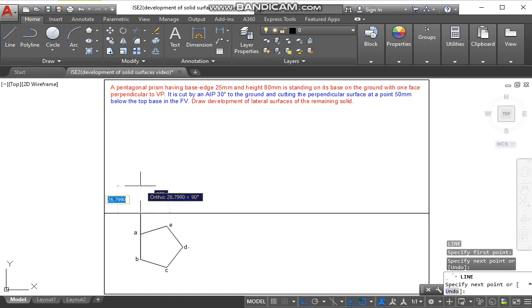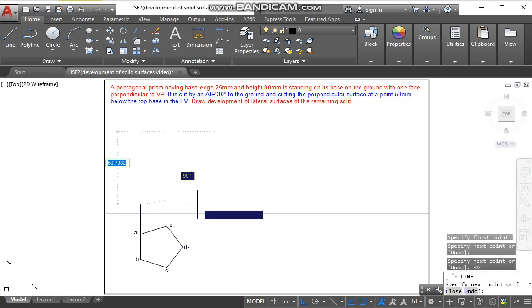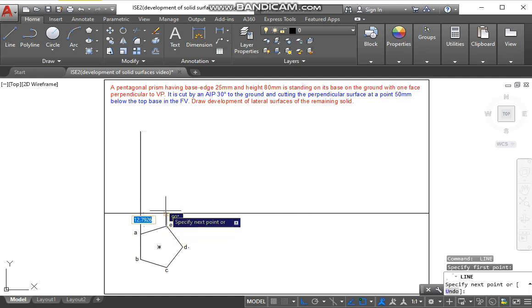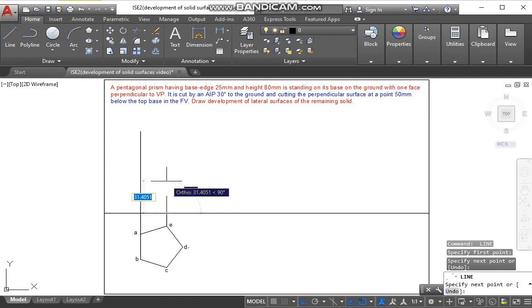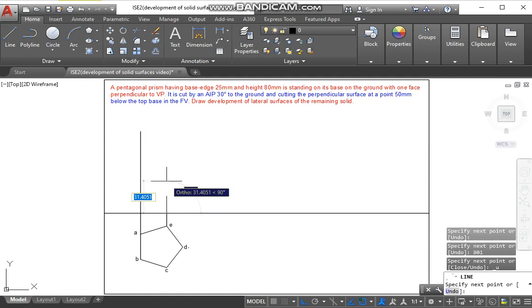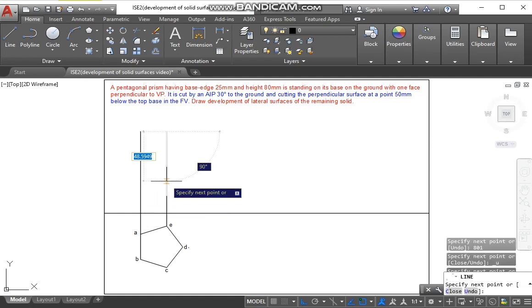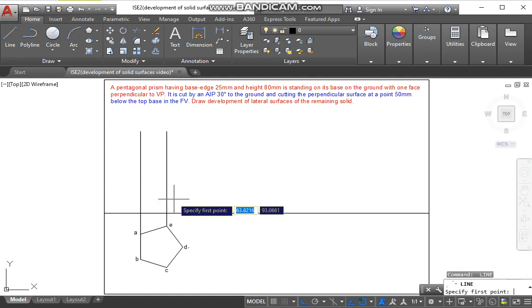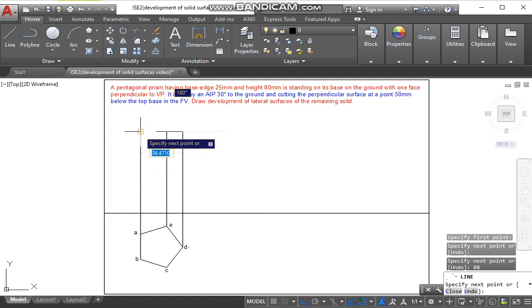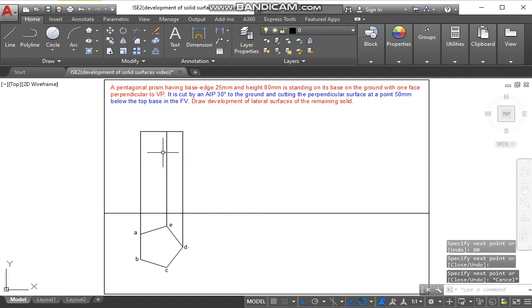So the height is given as 80 mm. So we have got the front view of the pentagonal prism.